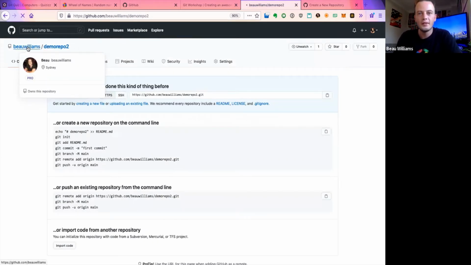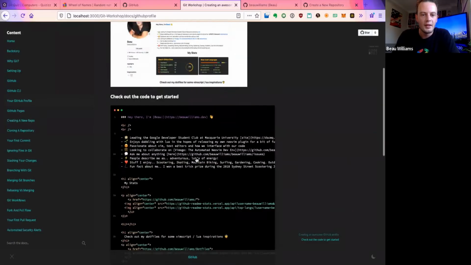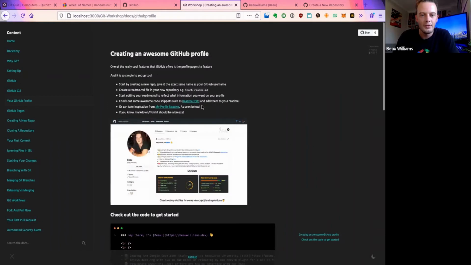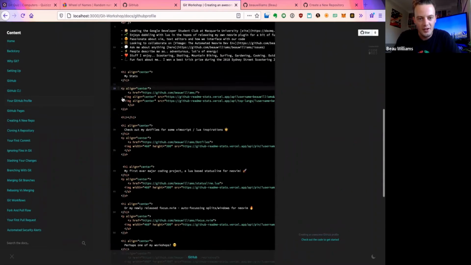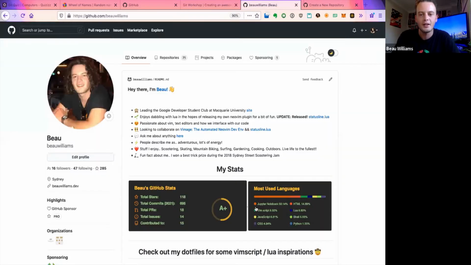So all you need to do is write a README file, and so I'll show you what that is going to look like. So in here, and I'll link you guys to the app that I use. I actually use one called README Stats, which is a little repo with some code snippets that you can paste in here. So what we can see is I've put in my description, and these are little HTML elements within the markdown, and they actually have the GitHub stats in there. So that's what displays in my profile here.